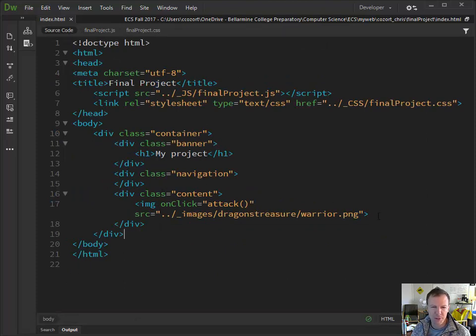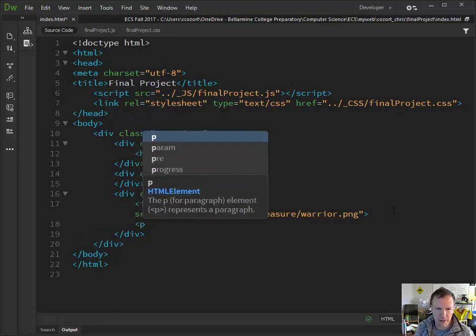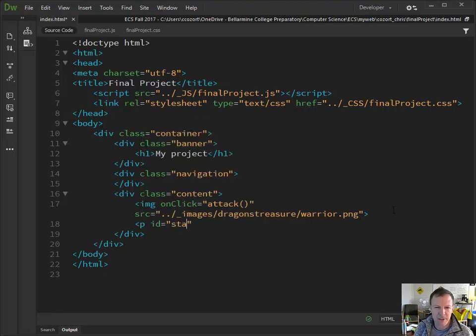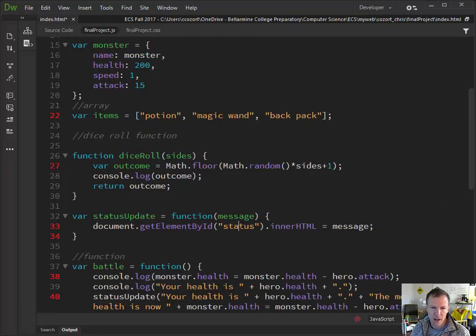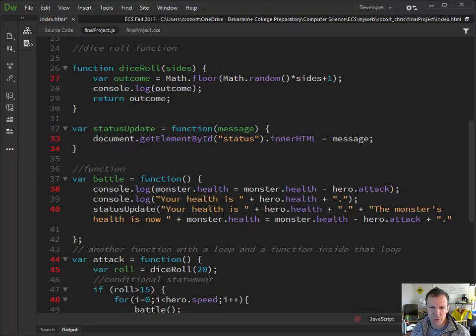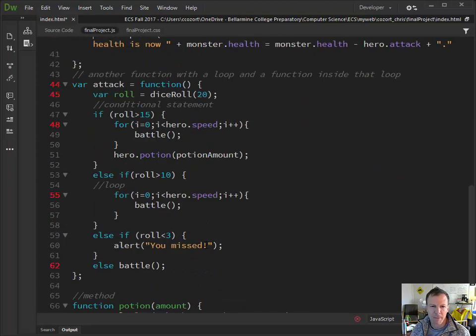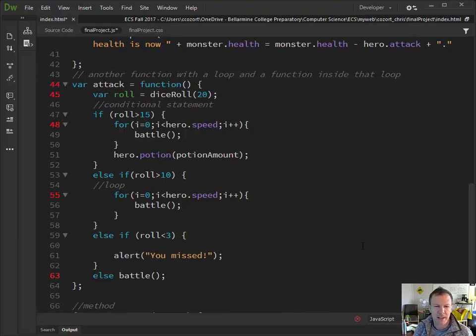In here we've got div class equals content, but we don't really have any elements doing anything else. So I'm going to create a paragraph with an ID of status update. Okay, and actually status, because that's the name of the function. Let's be clear. This is where the status will go. So now this element can be accessed this way using this ID. Okay, and in this case, status update will run and give me this, but over here, I might want to status update, okay,